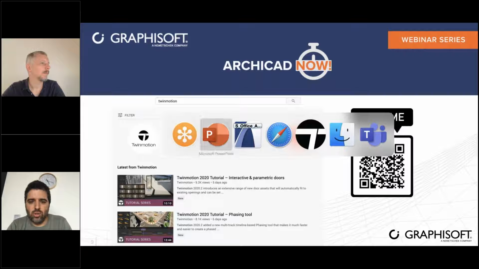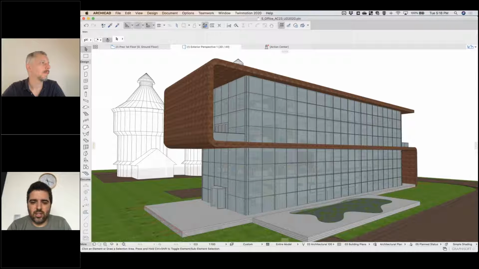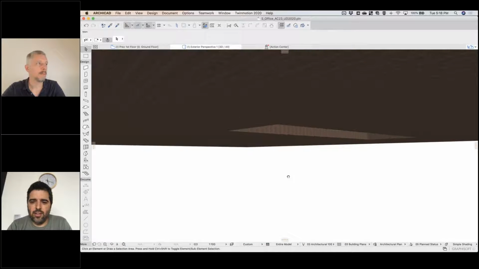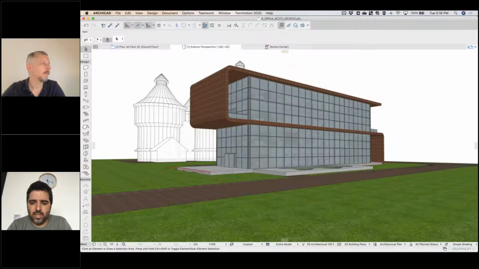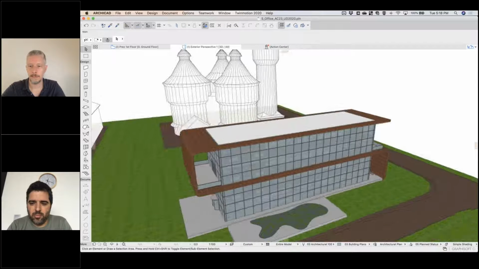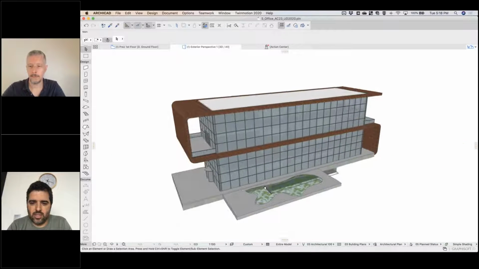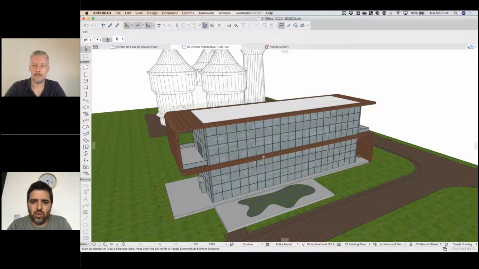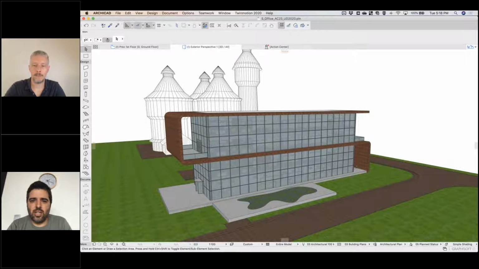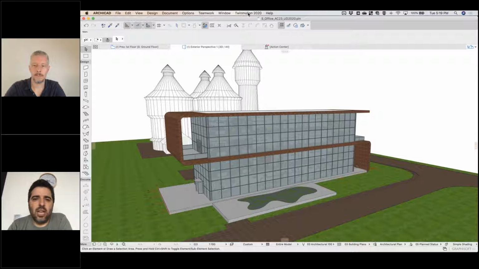Archicad to show you how we connect to Twinmotion. Okay, so what we have here is a building. So some of you might be already familiarized with this file. So if I want to have this building connected to Twinmotion, you can see that I have here on the